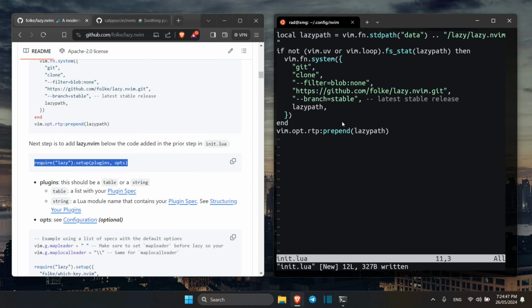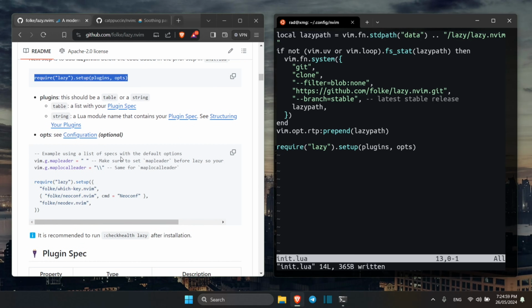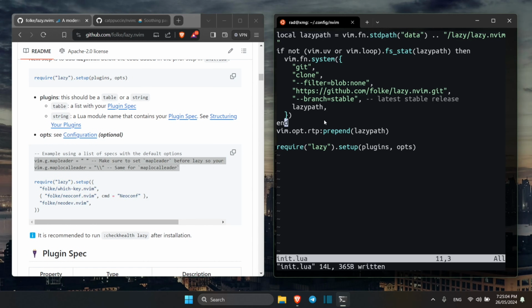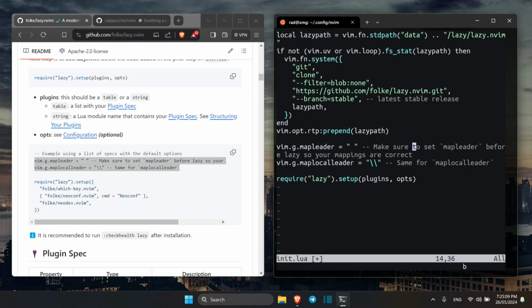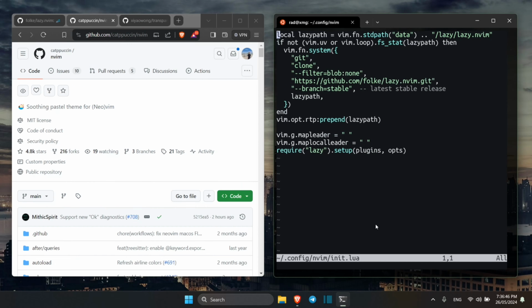Now, I'm going to paste in that. So at the moment, these options, they're not defined and there's no plugins. So we need to fix that. There's some examples, and I'm also going to paste in these map leaders. If you're familiar with NeoVim or Vim, then you'll be familiar with the concept of a leader key, which is, in my case, I just use space. And as the final part of this tutorial, we have set up the plugin manager,